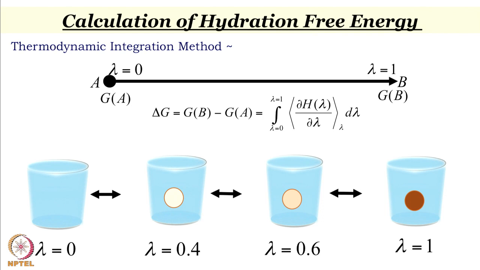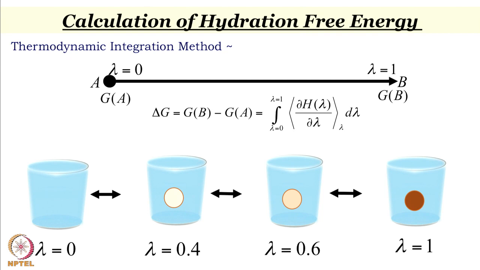What is the meaning of ensemble average? I am going to do a large number of steps in my simulation, say 100,000 or 1 million steps. So, when I average that quantity, I am getting dH_lambda by d lambda at each point in the simulation. So, once I have that for several lambda points, let us say 100 lambda points, I start with 0.01, 0.02, 0.03 and so on, and when I integrate all from 0 to 1, that entire integral gives me the free energy of state B minus free energy of state A, that is G_B minus G_A, that is your delta G, that is the free energy of solvation.